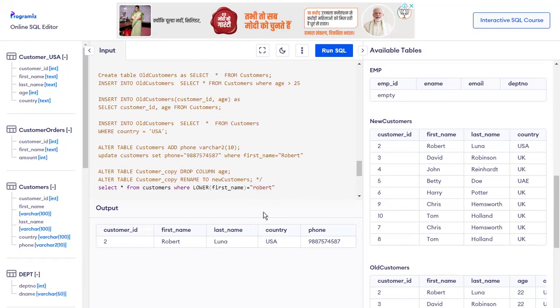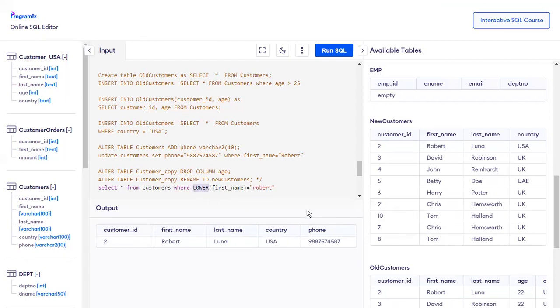Clear? Yeah. So I can see Robert here. Although R is capital, I am able to see it with R small here, right? Why? Because I have converted it to lowercase. Are you clear? So now you write a query where